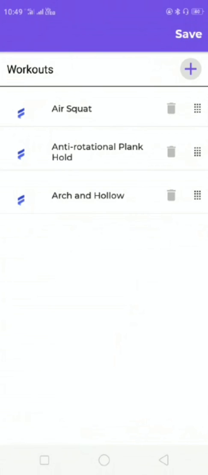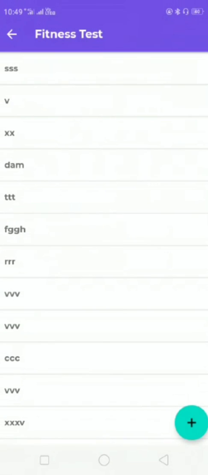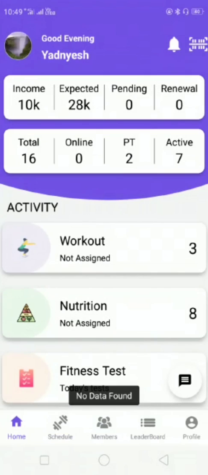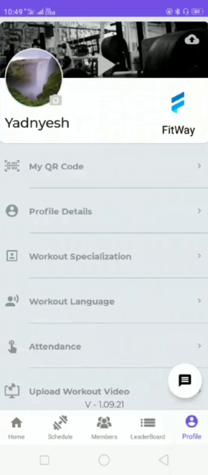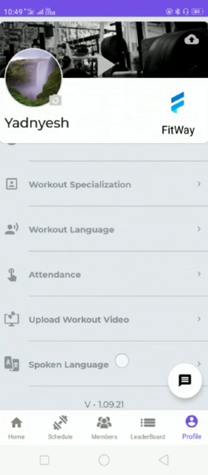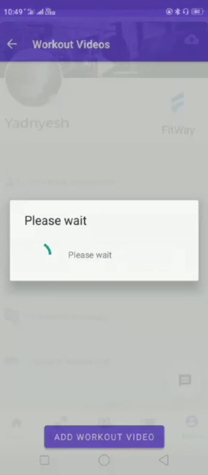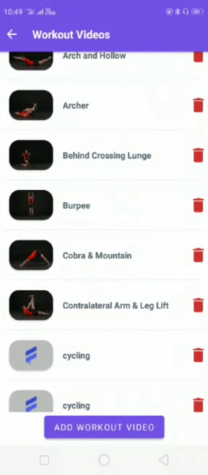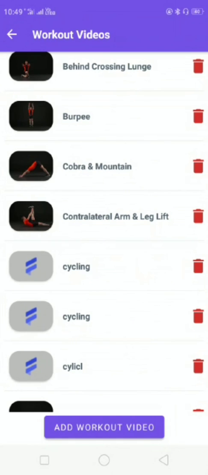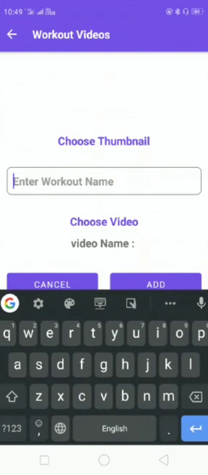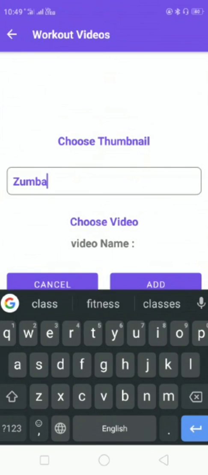If you want to create other workouts, then go back, go to the profile, go to upload workout video, click on add workout video, enter the workout name. You can enter any name you want to choose.